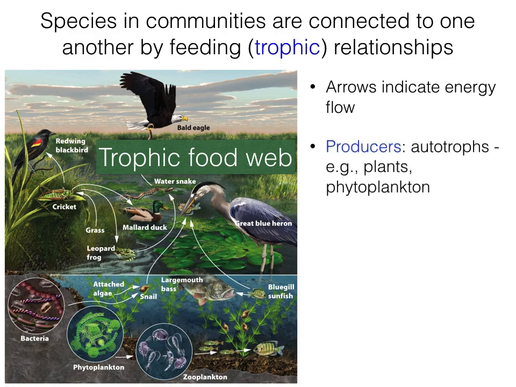In the diagram, oops, I advanced a little too quickly there. The arrows indicate how species in the food web are connected to one another based on their feeding relationships. The direction of the arrows indicate who eats whom, and thus the direction of energy flow in the system. At the base of the food web is where the energy enters the system. The basal species, called producers, are autotrophs. In this food web, they're photosynthetic autotrophs,